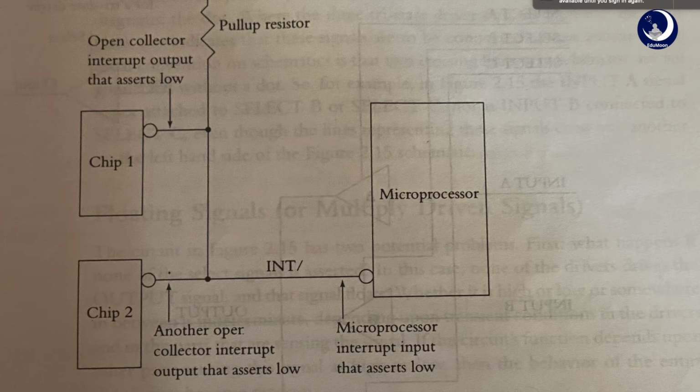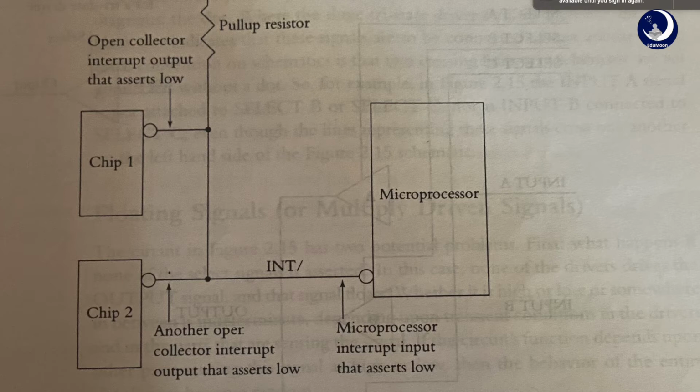In an open collector output, there is no such thing as bus fight. Several open collector outputs are all attached to a single signal. Say, for example, I have four outputs and I attach all four to a single signal. Then my overall resultant signal would depend on what these four outputs are. If all four are high, then the resulting output would be high. If all four are low, then the resulting output would be low. Otherwise, it depends on the majority of the signals.